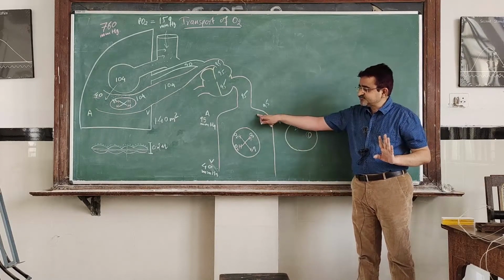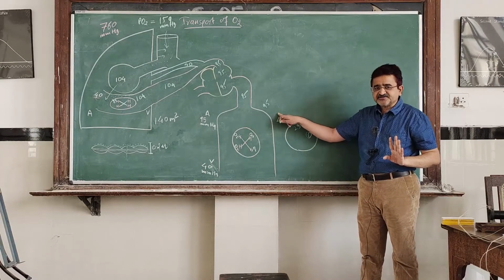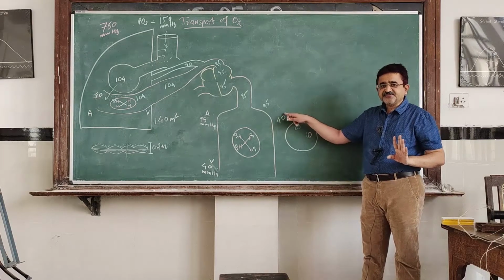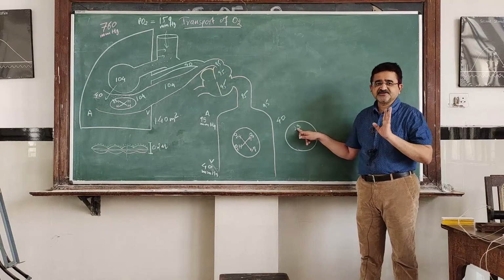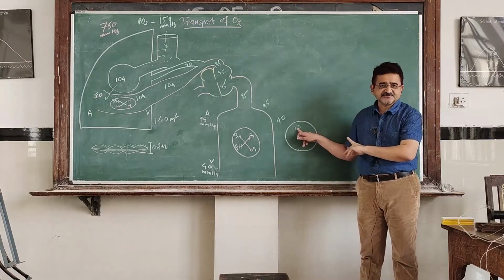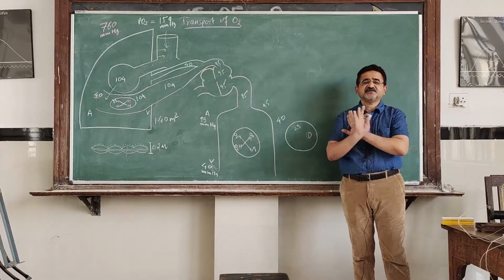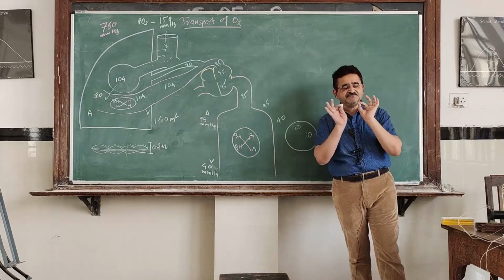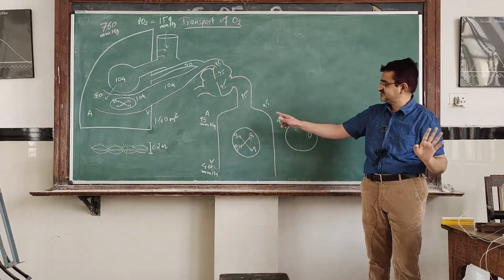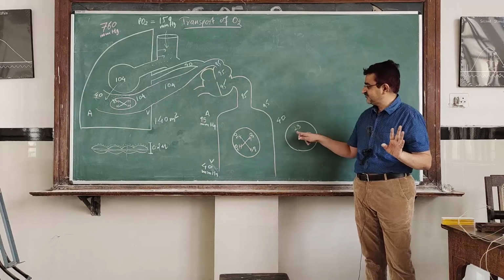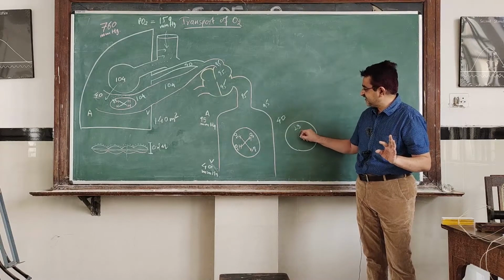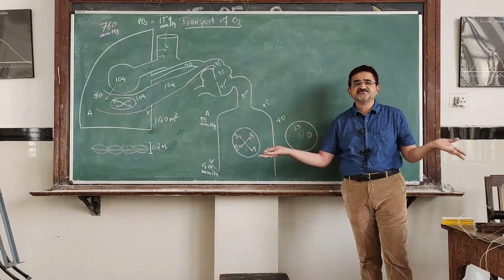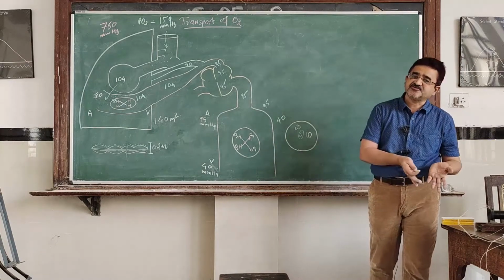Thus oxygen moves from the high pressure area to the low pressure area and then to the least pressure area present in the cytoplasm. This process doesn't require energy. This is simple diffusion by which the oxygen moves from the blood to the cell, where it is utilized by the mitochondria for the production of ATP.